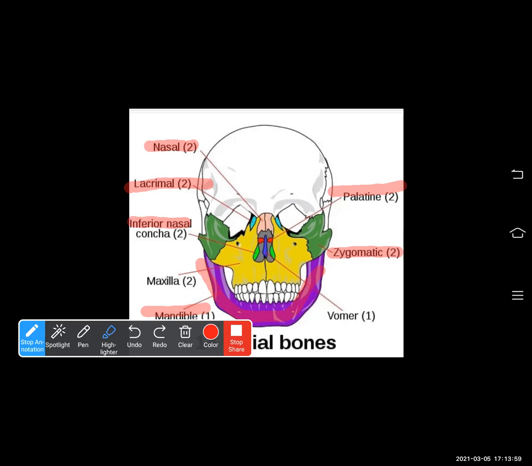Clear? Then what? The remaining two bones now are single bones, which include the vomer. Check here. This is a single bone, vomer. This vomer is actually a small, moreover triangular bone, which is located at the base of your nasal septum, or floor, you can say, floor of your nasal septum. Of the two chambers of our nose, at the base, you also consider that base of the nasal bones. So the floor of the nasal bones will be your vomer.